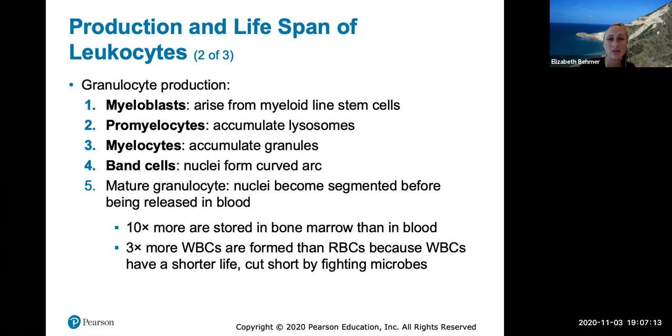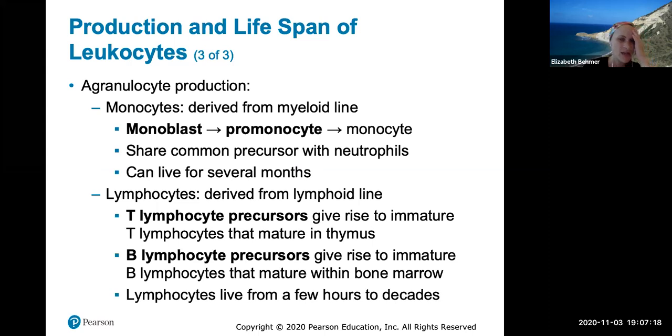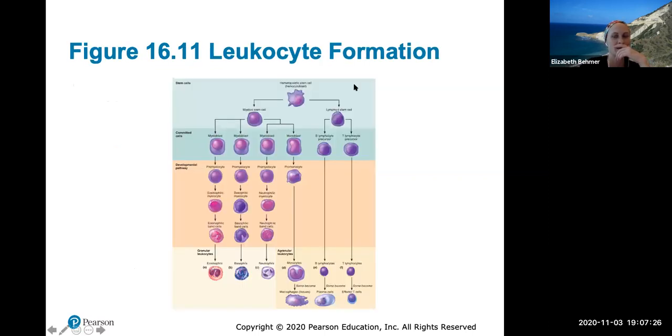Here is how the granulocytes are produced. I'm just going to skip over this. You guys don't have to worry about that. And then how agranulocytes are produced as well. And this whole leukocyte formation just goes back to showing how every blood cell, whether it will go into a red blood cell, or this just shows your white blood cells, they all stem from one stem cell, and then they'll differentiate into the cell that they end up being. So that's just the basic leukocyte formation.